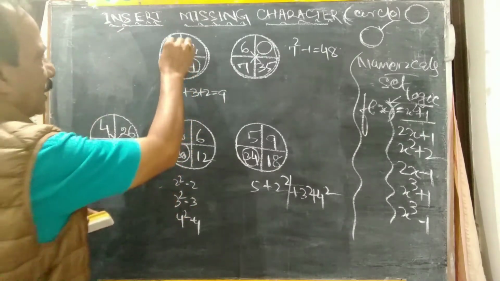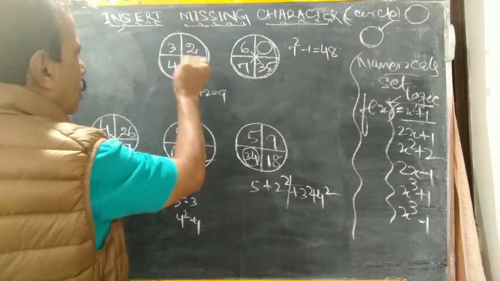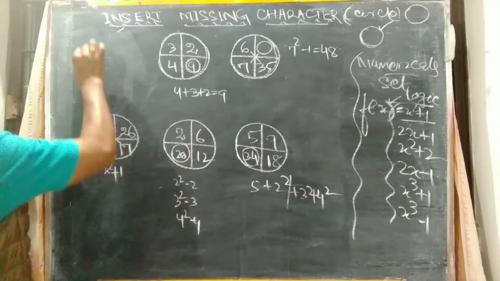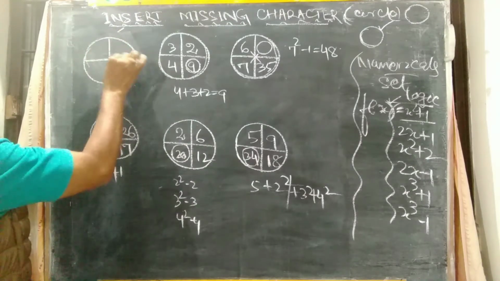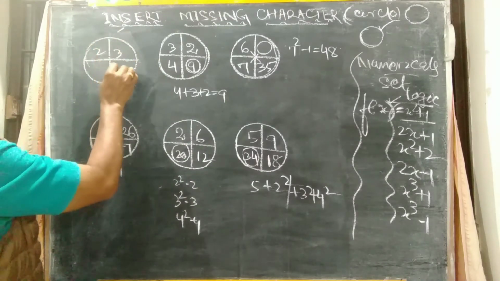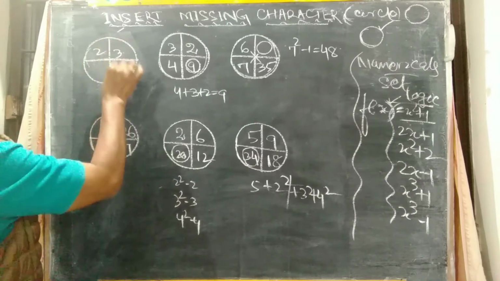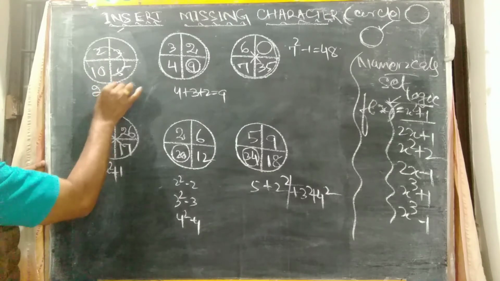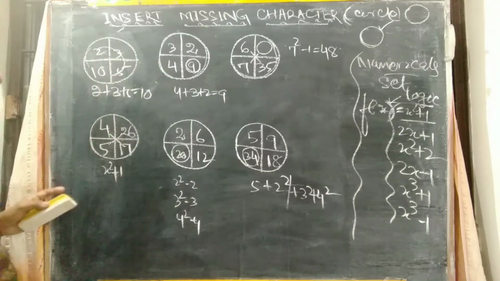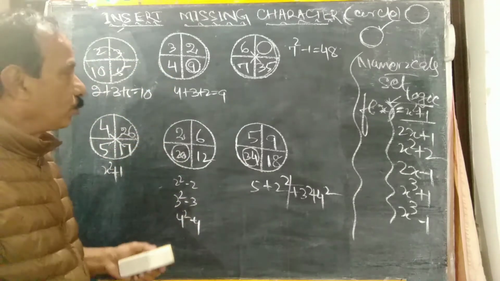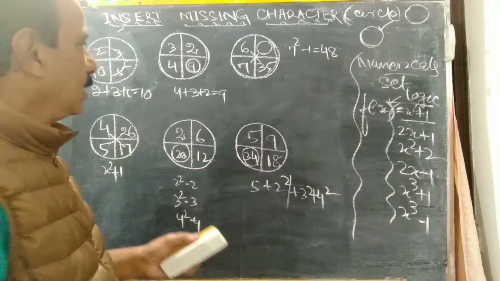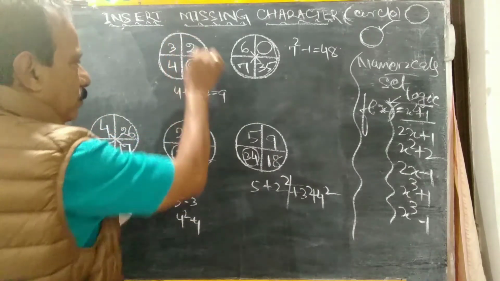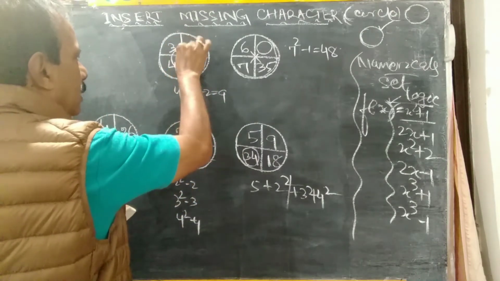Here you see 3, 2, 4. Dekho, it will be given. Suppose 1 is given, 2, 3, 5, 10. Suppose this is given. What is the principle here? 2, 3, 5 is equal to 10. So 3 will be given. You try to pick up the answer maximum from 1. If not possible, get the 2. So what will be the logic here? 2 plus 3 is 5, 4 plus 3 is 7, plus 2 is 9. If you get the logic immediately,